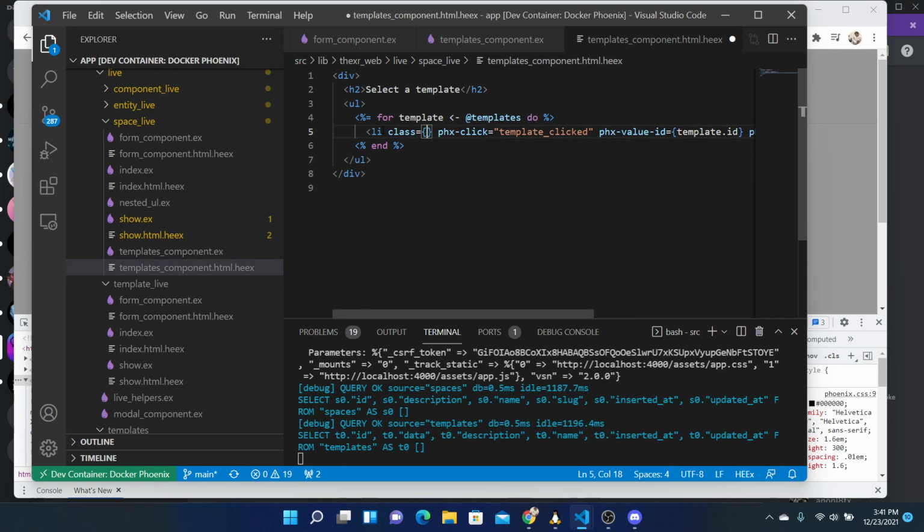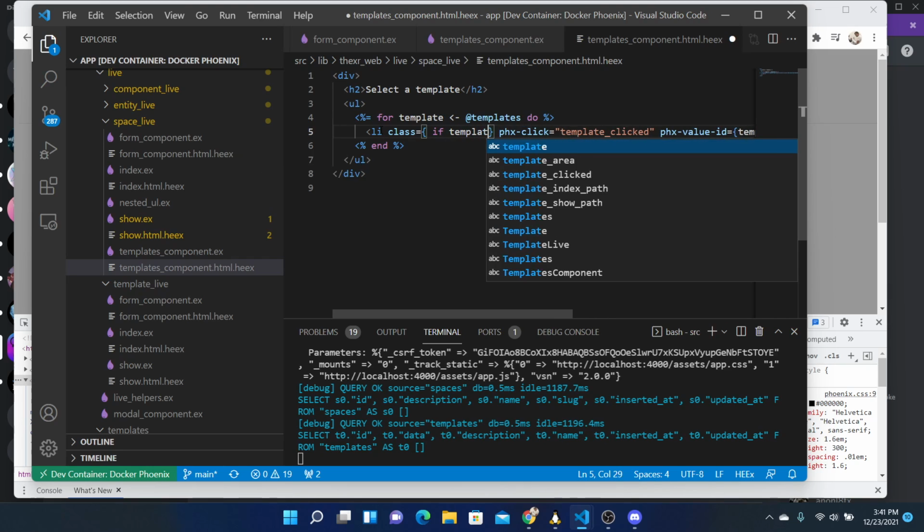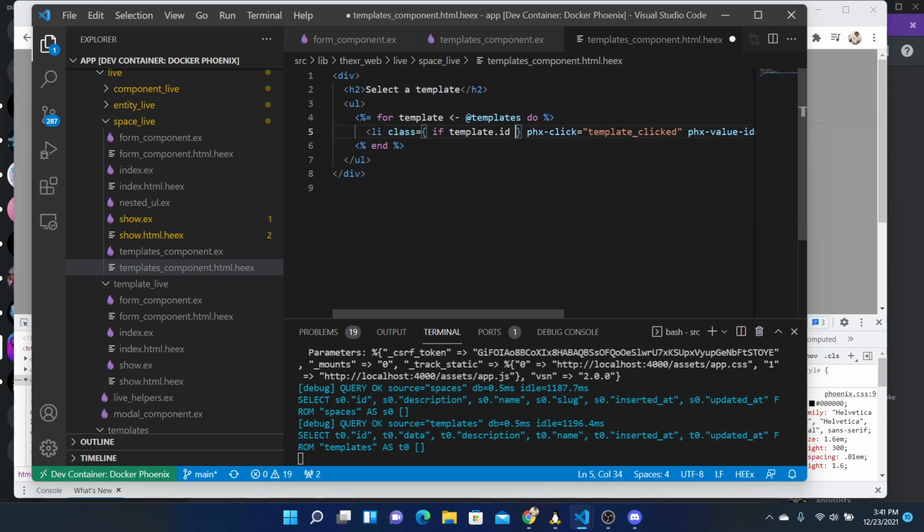We want this to say if template ID equals selected template ID, then